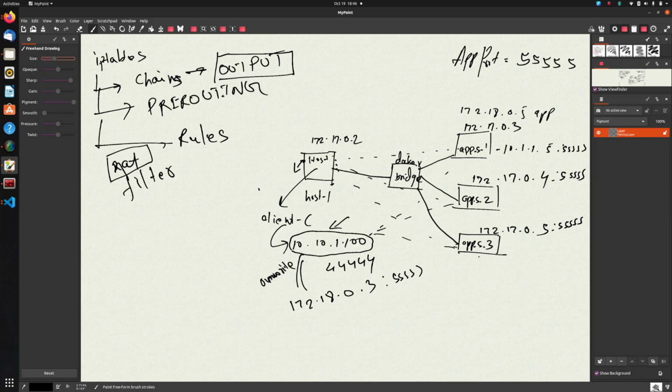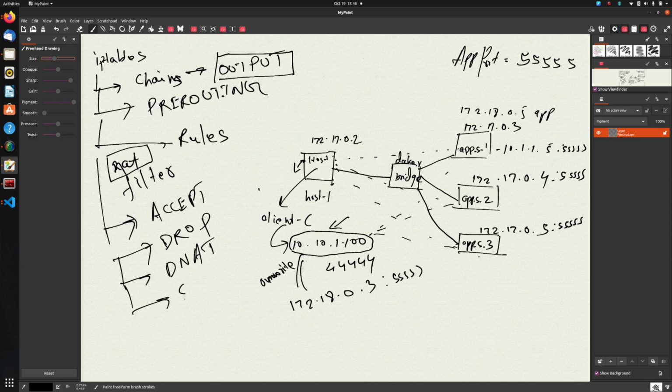We are changing that destination IP to a new destination IP, right? So that's why it's called destination NAT or DNAT. And finally, there are certain things called action. So what do you want to do with the packet? And again, there are multiple such actions, and there can be accept, which means you accept the packet for the host. There is drop, which means just stop processing the packet. And there are things like DNAT, SNAT.